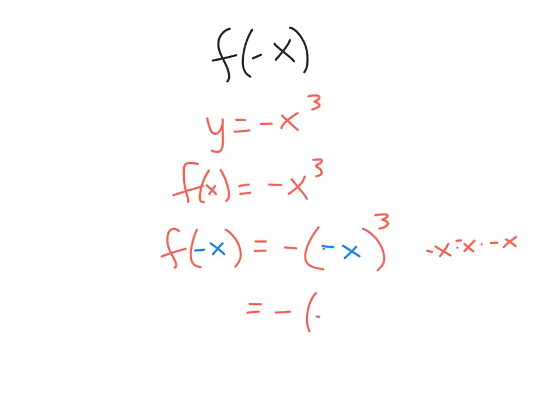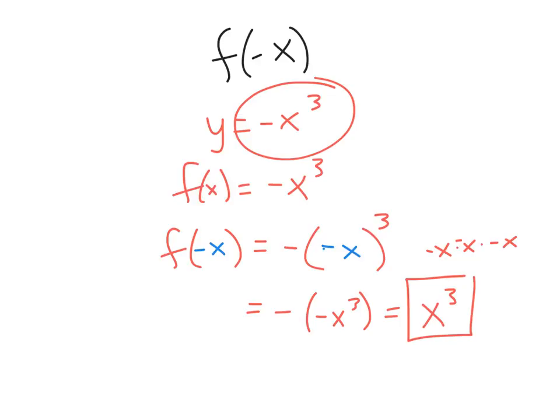So actually we get negative x cubed inside. And a negative times a negative becomes a positive. So our end result is positive x cubed, which notice is not the exact same as the original, but in this case it's the exact opposite. So we would classify this as